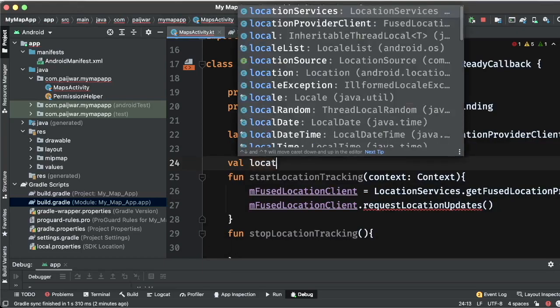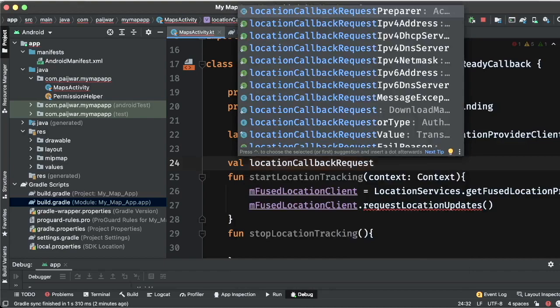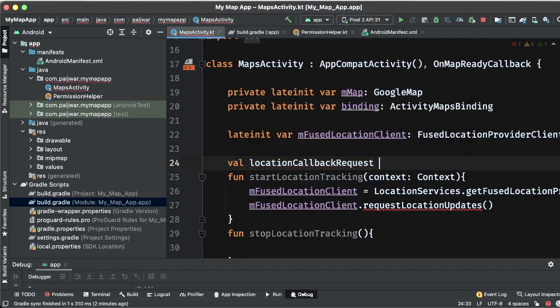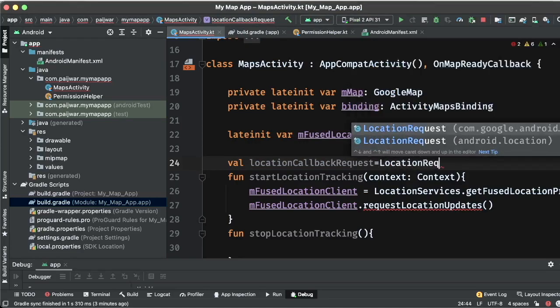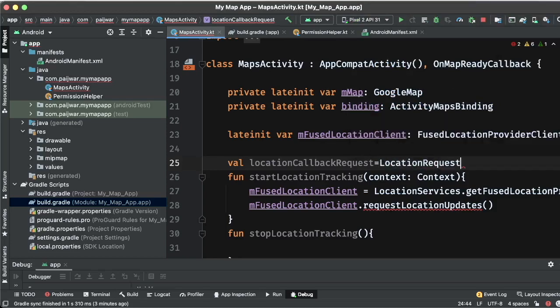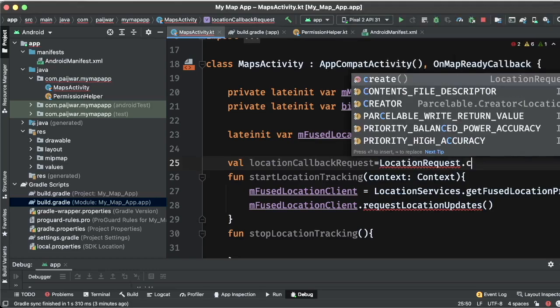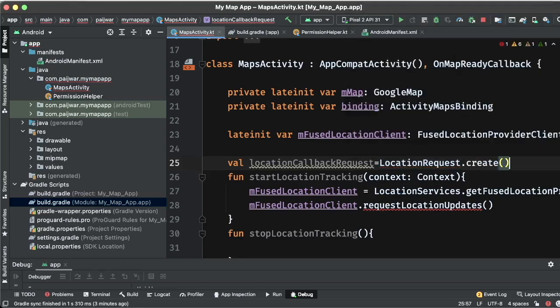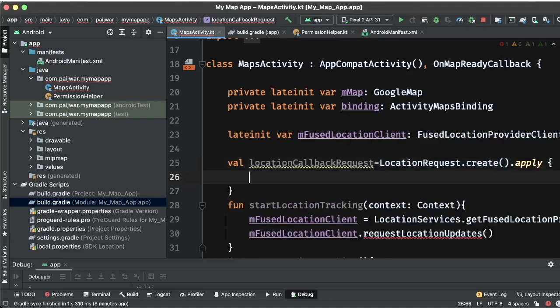And how do we create a location request? We say locationRequest equal to LocationRequest, and from this we can call create, and here we need to apply certain parameters.